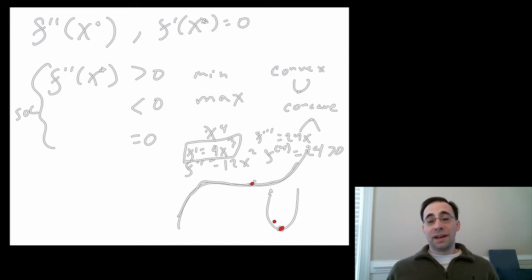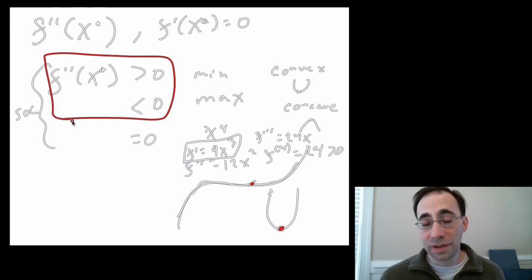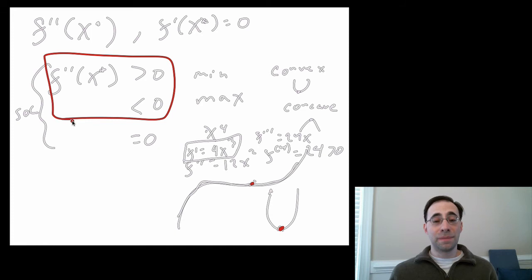That's it. And again, all that complication arises not from the most basic second derivative test, which is these two parts of the condition, which are just if the second derivative is positive, it's locally convex, therefore it's a minimum. If the second derivative is negative, it's locally concave, and therefore it's a maximum. That's the core concept to get. If you get that, you're set. Everything else is